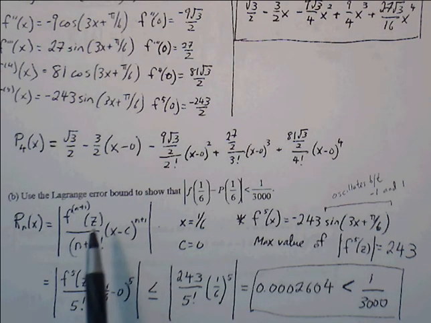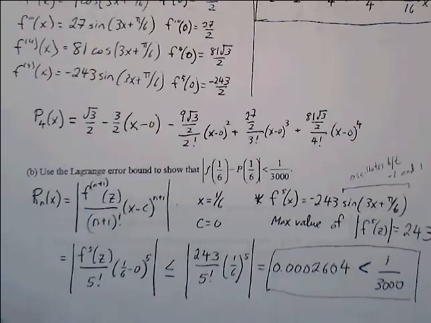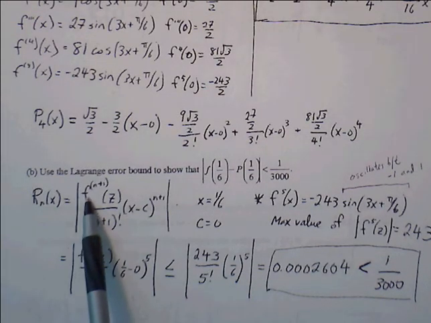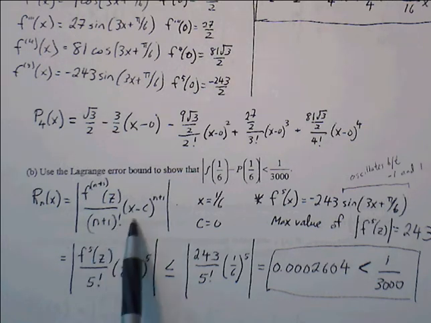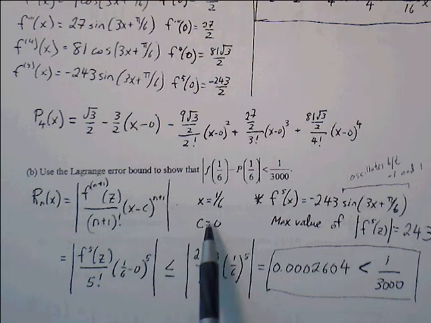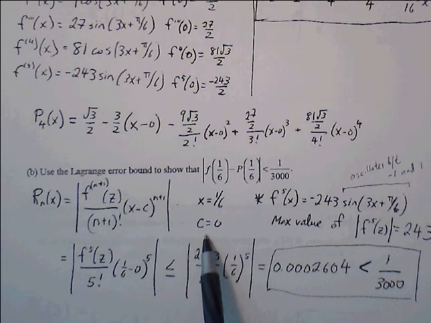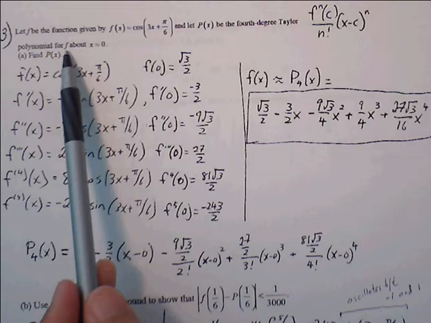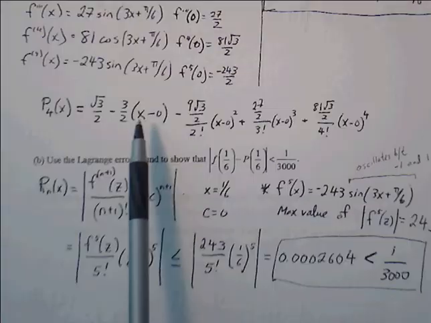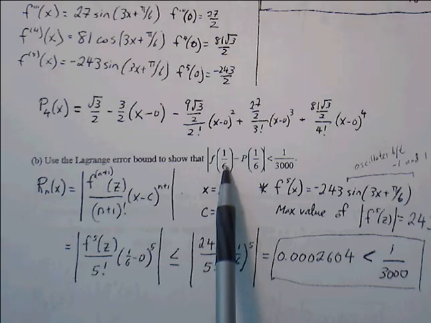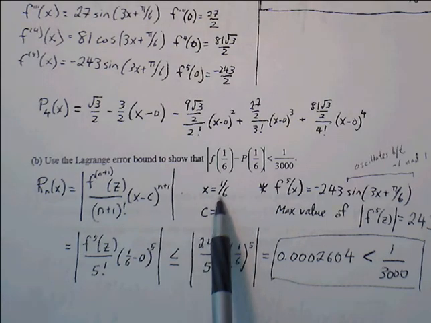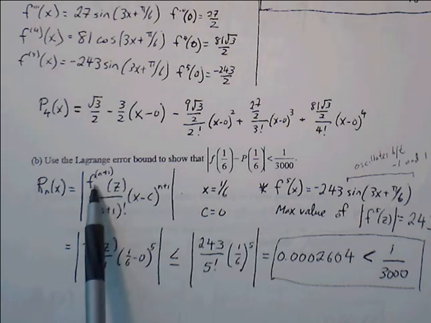All right, so Lagrange error bound looks like this, where the remainder is going to be the n plus first derivative evaluated at z over n plus 1 factorial times x minus c to the n plus 1. Now, the center is at 0. We're told that the polynomial is centered at 0. We know that we're trying to evaluate f of 1/6, so x is 1/6. So if we plug this in here,